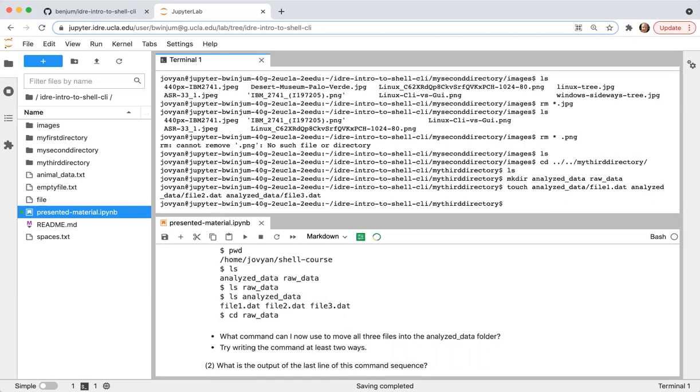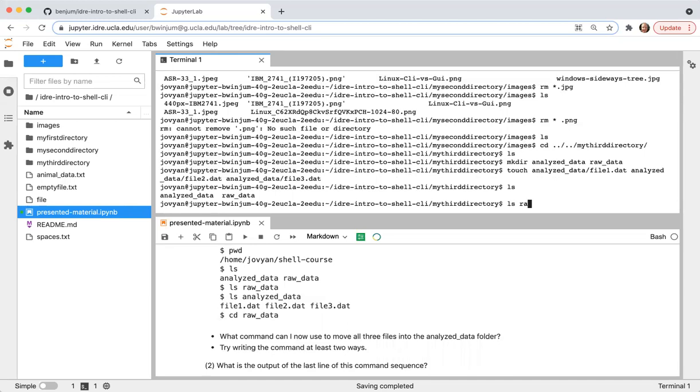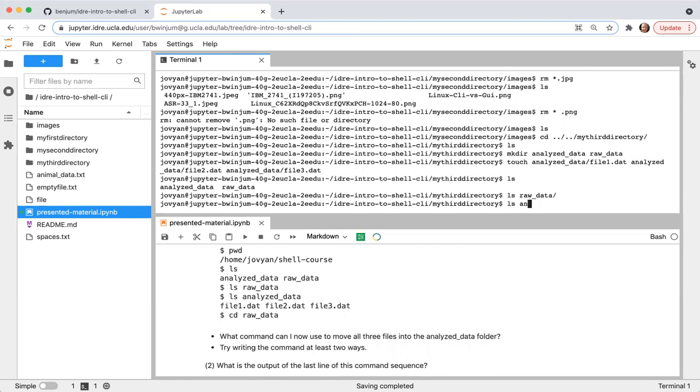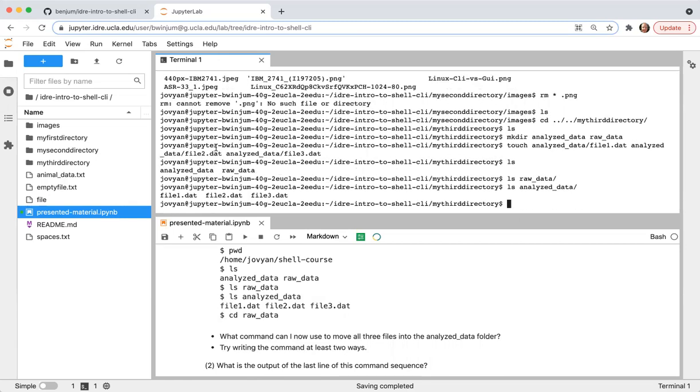Hopefully you're starting to understand the commands that I'm going through, even if it is a little fast. So now when I list the directory, it has the two directories. If I list raw data, it doesn't have anything. And if I list analyze data, it has the three files.